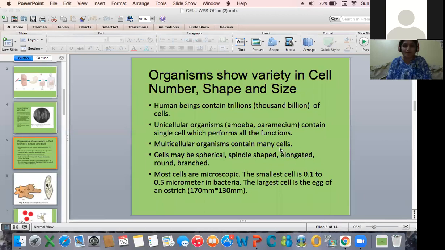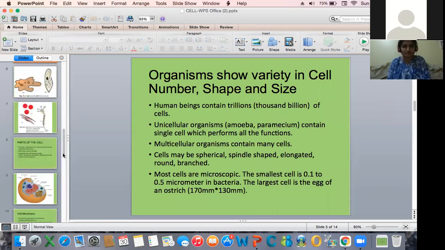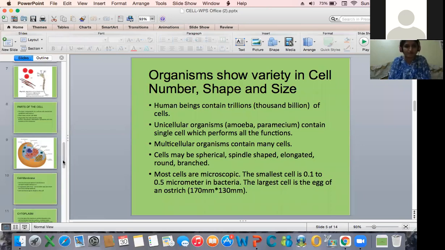Any doubts still here, children? Do you have any doubts? Or am I clear? Please tell me. If you have any doubts, you can ask me. What you can do is write. If you have doubts, you can keep writing in the chat box. We will read them out at the end of the session. So whatever doubt you have, you can write it now. No problem. We will do this in the end. Yes, ma'am. You can proceed.